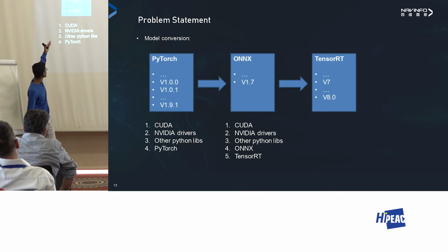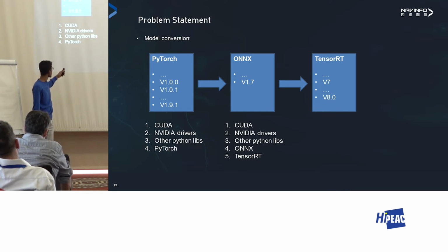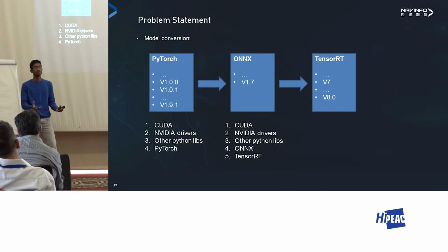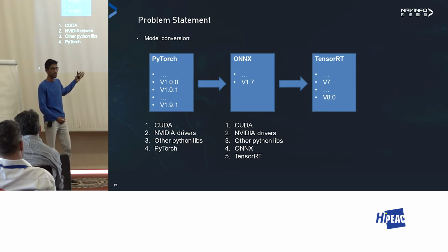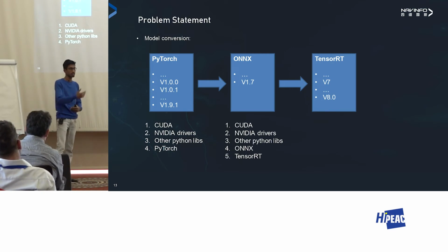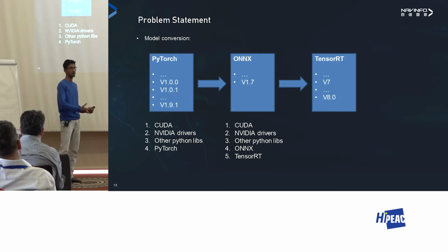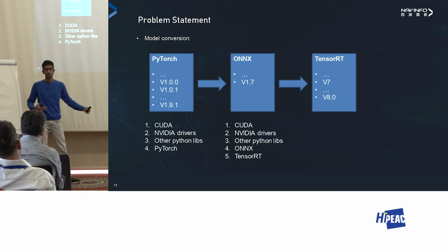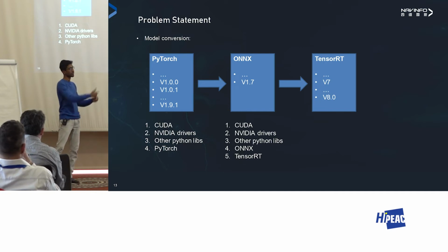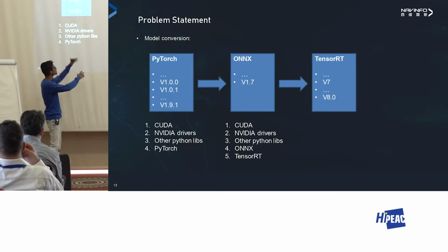So this we have to address for all these versions. Then if we move, this is a unified model definition. So ONNX is like the translator. If I'm talking in English and somebody else is talking in French, maybe both of us understand German, for example. So there's a translator who tries to understand English and talks in German. So this mediator guy, this ONNX is,